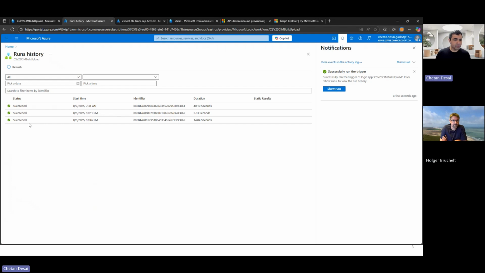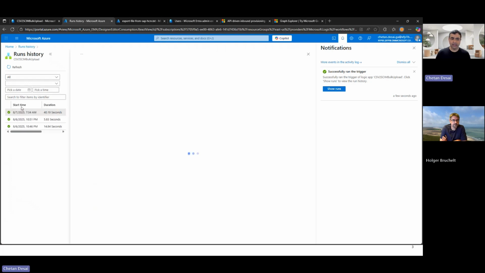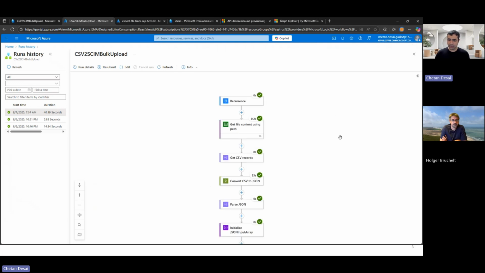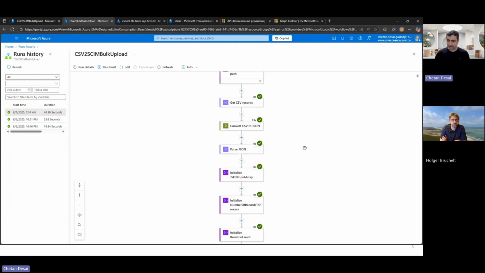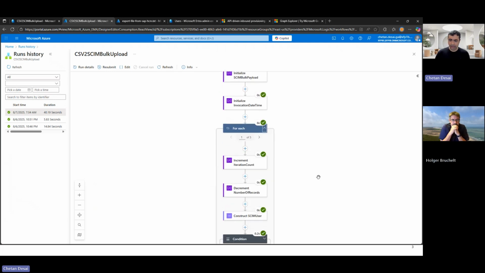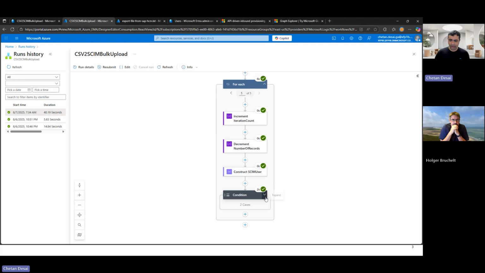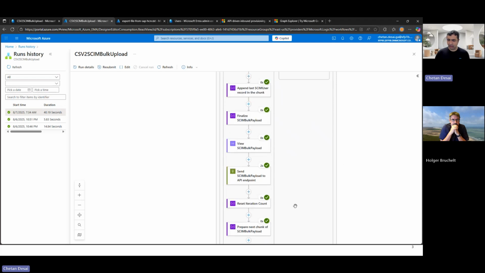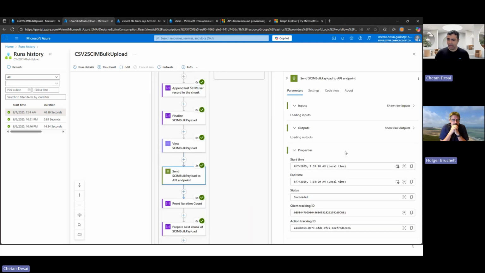Okay, so we've completed the run. It says success. So here's what you will see. It went ahead, read the records, and parsed the JSON output. If we go into each run's details, after all 5 records got processed, it sent this bulk payload to the API endpoint.